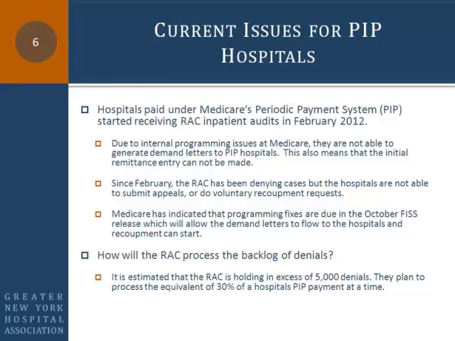Hospitals paid under the Medicare Periodic Interim Payment System started receiving RAC audits in February of 2012. At this point in time, the only thing that's happening with PIP hospitals is that the RAC is submitting ADR requests, the hospitals are submitting records, and the hospitals are getting results review letters. There was a glitch in the Medicare claims system